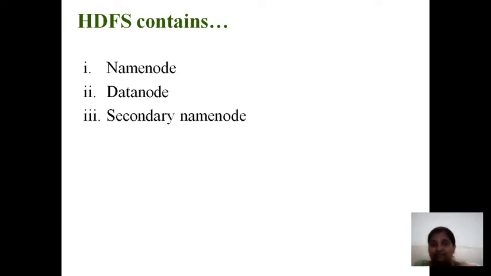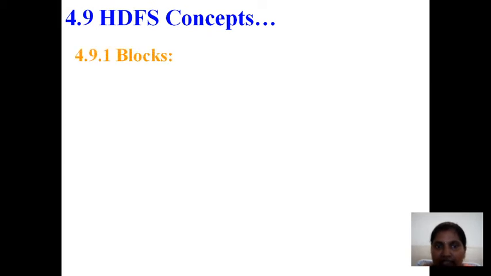So in order to minimize that, they are going to maintain the two name nodes with the same transactions. Whenever there is an update in the total distributed system, those updates have to be carried out in both the name node and the secondary name node without any delay. Because if there is any problem here, we can start with the secondary name node and continue our transactions. HDFS concept, as I said previously, everything is going to be processed in terms of blocks only.